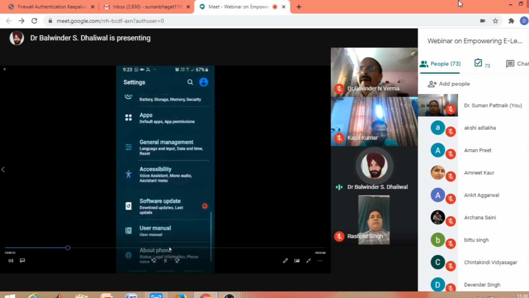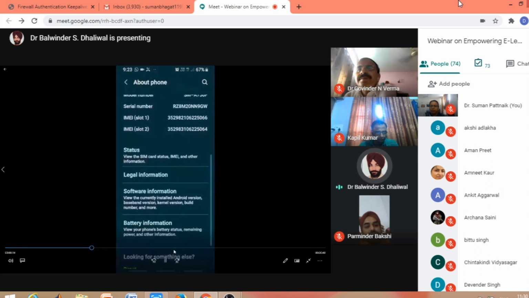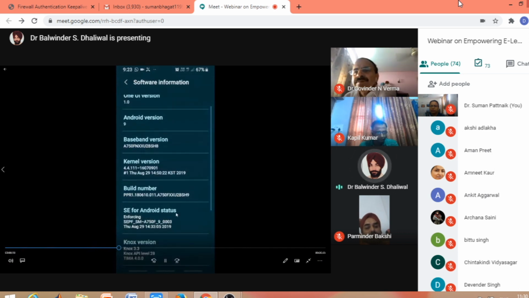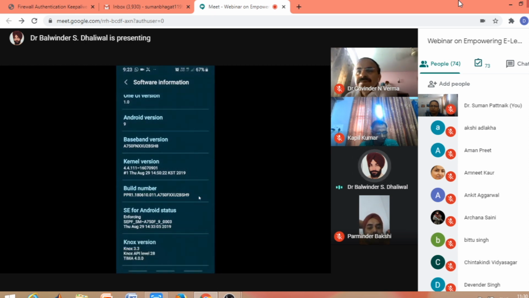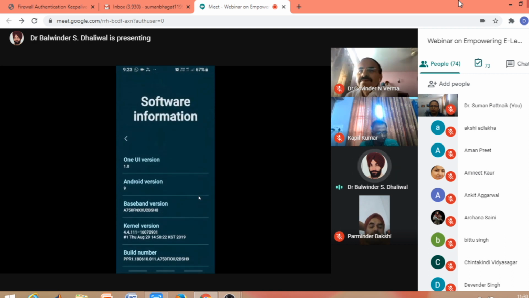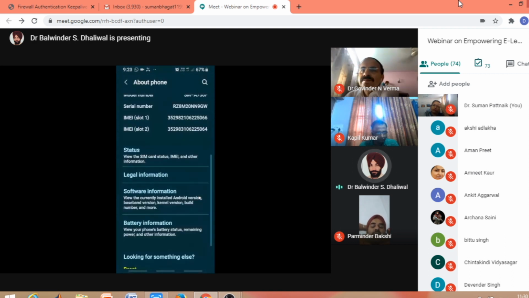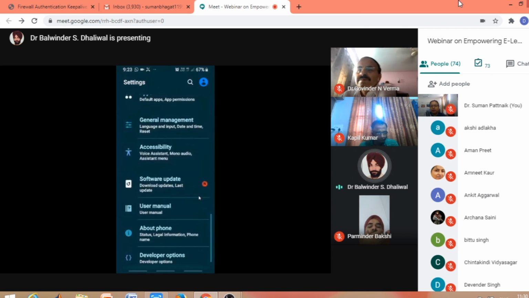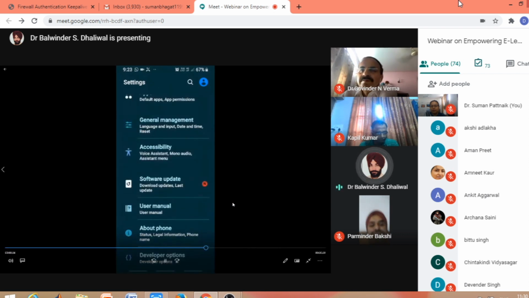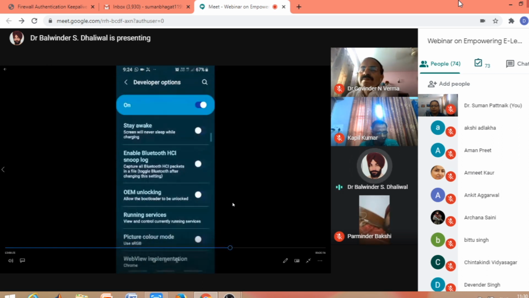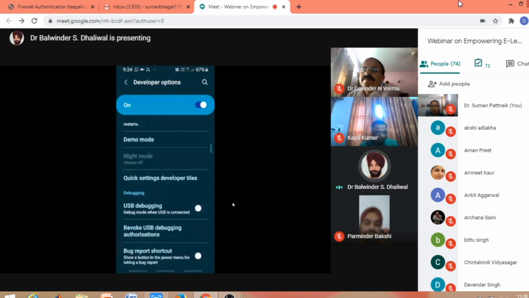and from the mobile settings we need to click on About phone. From About phone we need to click on Software information, then go to Build number, and in many mobiles we need to click 7 times over this build number. When we go back, we can see that the Developer option will be visible. When we go into this developer option,